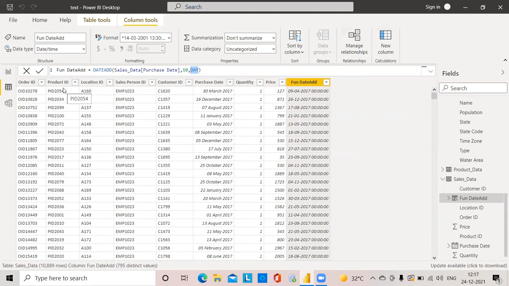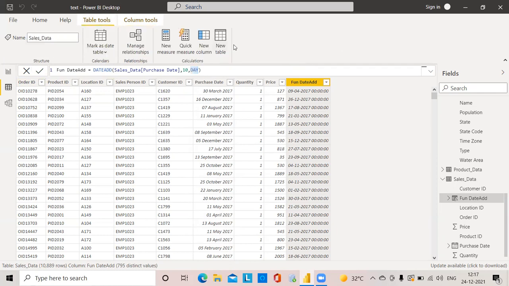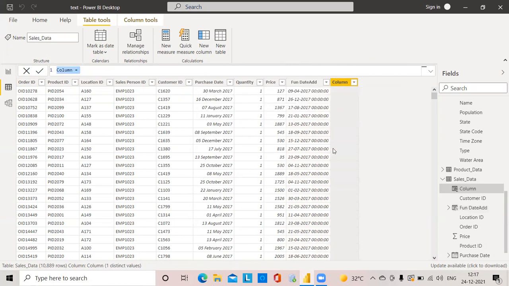So the next one is date difference. I will create a new column, that is the difference between two dates. Here I will give the function date diff equal to. It is the difference between the two dates.